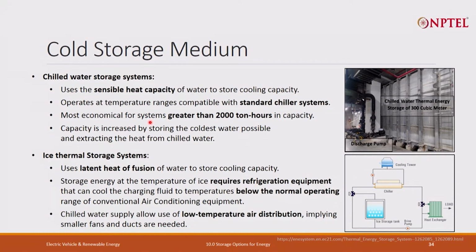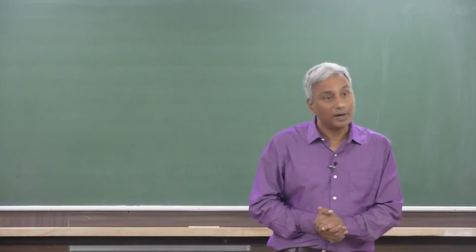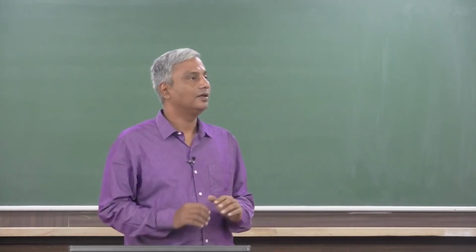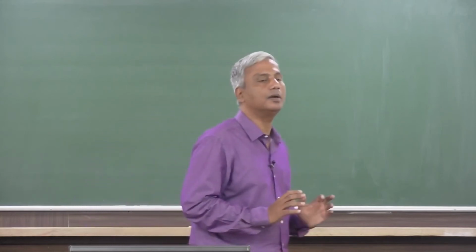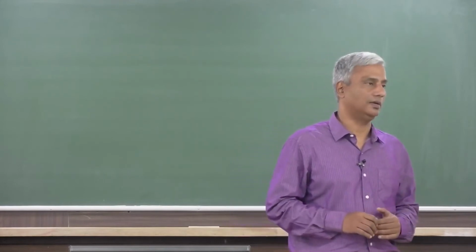So, both ways it is possible. So, the latent heat capacity has a very high energy density, power density is also very high. The only thing is that heat transfer from one medium to the other medium becomes slightly slow because of the change of the thermal conductivity,